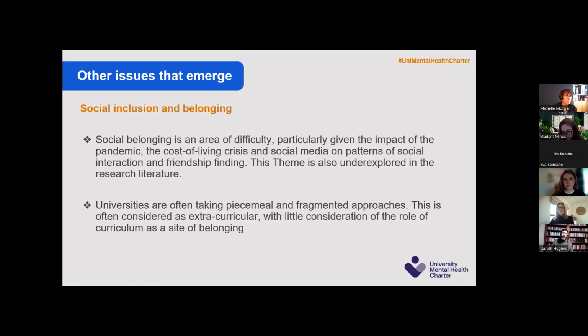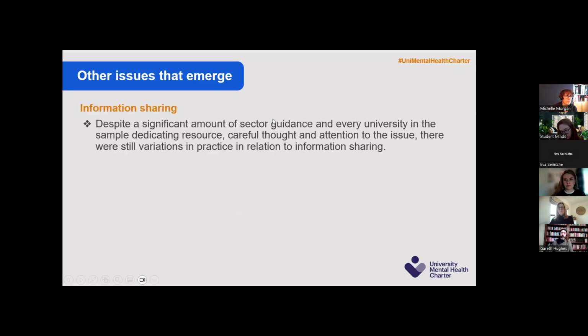It's kind of piecemeal. There isn't a whole university approach or whole university thinking about how to help students find that sense of belonging and that sense of inclusion. There are some concerns around information sharing, and this is one of the areas we want to go away and try and support more work across the sector to do, because although there's been a lot written about this and there's been a lot of national guidance issued, some of it contradicting each other,